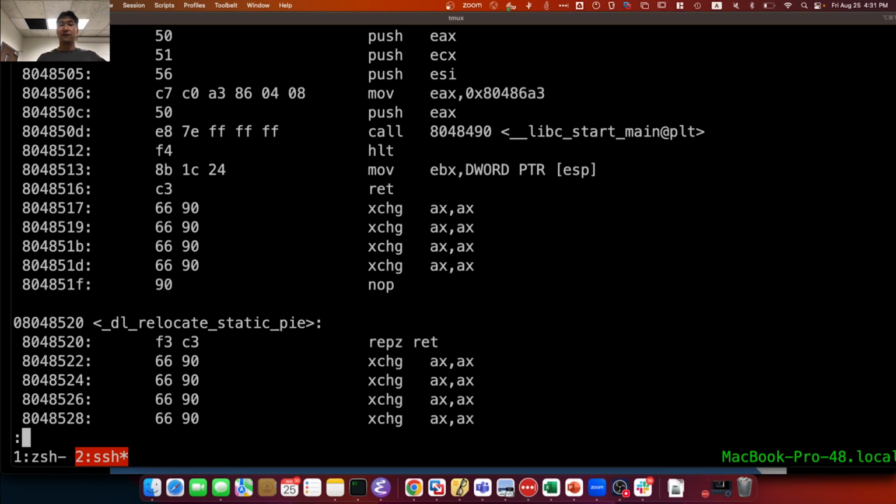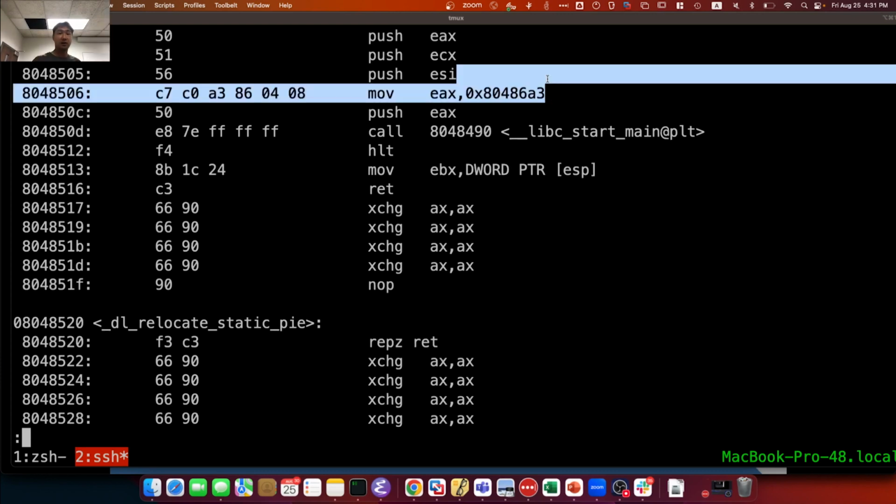In fact, in a later phase you're going to learn how to navigate those by yourself. But believe it, there's a special move instruction next to EAX, in this case here. This is pointing to the main function and passed as an argument, so that when libc start main executes, this is the function provided by libc, and libc gets this address of main and starts executing for you. So let's go to the